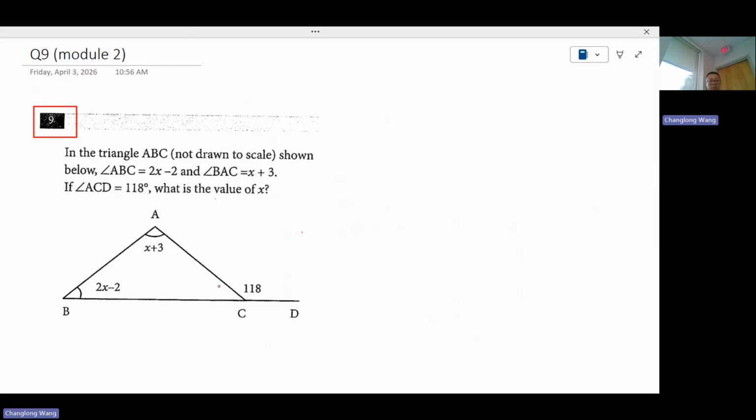A student said, can't you just get the supplementary angle of this one? Because if this is 180, the other is 62, right? And that student is actually a big fan of having the sum of the interior angles of a triangle be 180 and just adding them all up to figure out what x is. I mean, yes, that's probably a better way to remember this conclusion. Because you see why they figured out this angle has to be the sum of the other two: that theorem came from the fact that the sum of the interior angles of a triangle is 180. You literally subtract this one from 180 to get the supplementary angle,